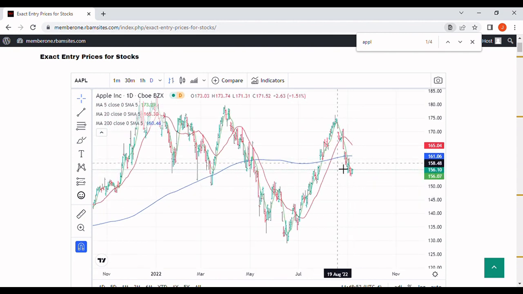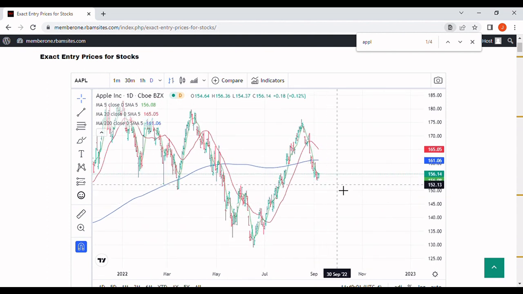From a technical perspective, we're below the 200-day moving average, but not significantly. We don't have confirmation with the 20-day yet below. So I would say that my best guess, for entertainment purposes only, right now is that this stock's probably going to decline a little bit further, maybe down to the 147 to 150 range by the end of this month, into September, and then we're probably going to rally back up again to about the 165, maybe the 166,